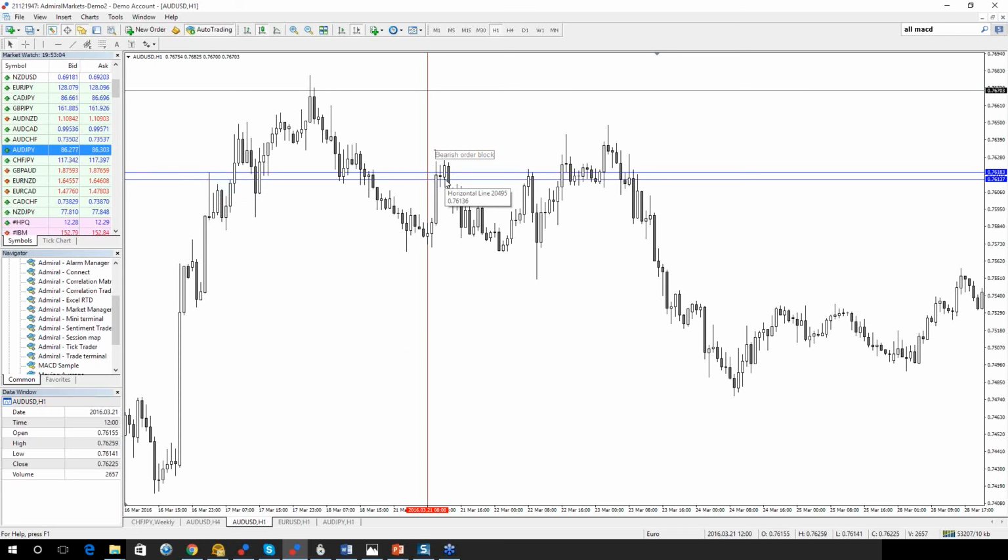But look at this. The high of this candle is actually a bullish order block and a retest here. And the bearish order block is here, the low of the bullish candle prior to the move down. Did we have a move down in near-term history? Yes, we did. Where? At exactly the same price. Here at this level,